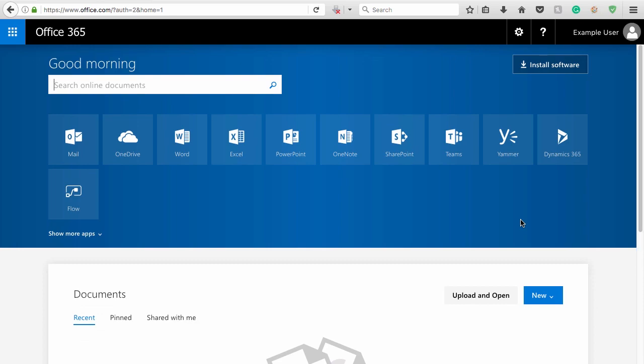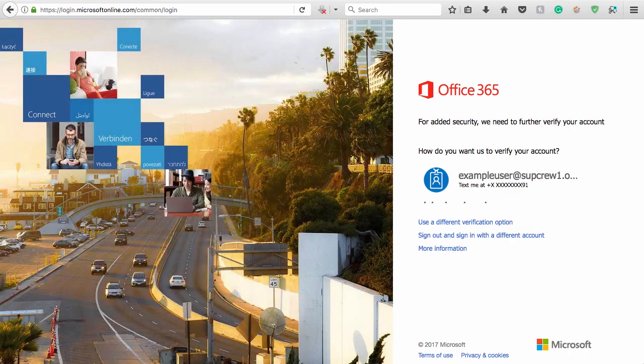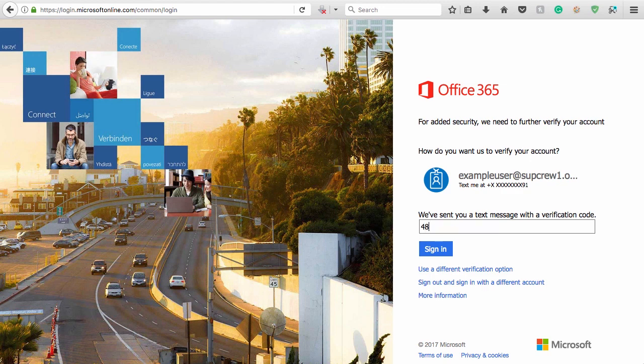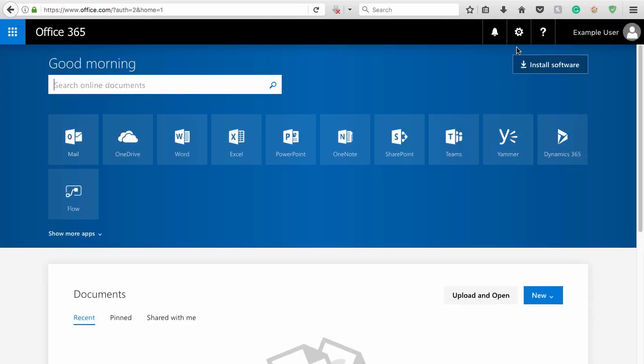app. If you've previously verified your number, you'll be shown a different verification screen, and you should proceed with verification to log in. Once you are logged in, you can create an app password by clicking the Settings cog located in the upper